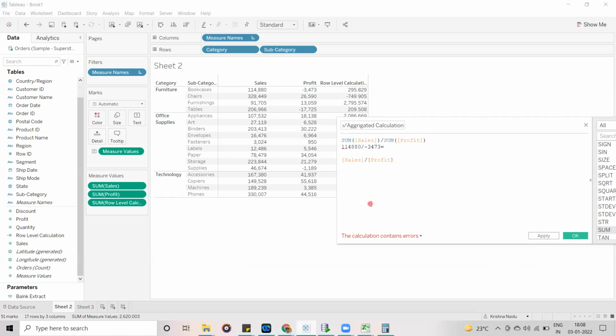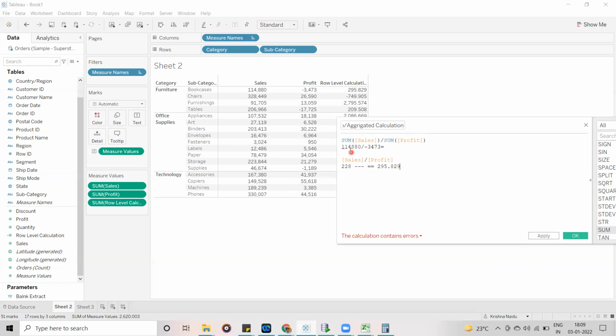Now, if we take the other one, what is going to happen? We have 228 records. For each individual row out of the 228 records, it calculates the ratio, and finally it aggregates and displays the data. That is what we are getting, 295.829. So this is the data we are getting.